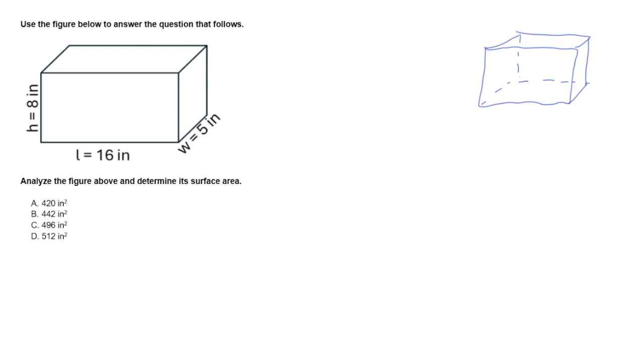So now let's review the formula to find the surface area of a rectangular prism. The surface area of a rectangular prism is equivalent to 2 times length times width plus width times height plus length times height. If we want to think about the surface area formula in a slightly different way, it's kind of like saying if we find one side, like let's take this front face for example, which would be our length times our height, then we could say this equals 2 times our length times height